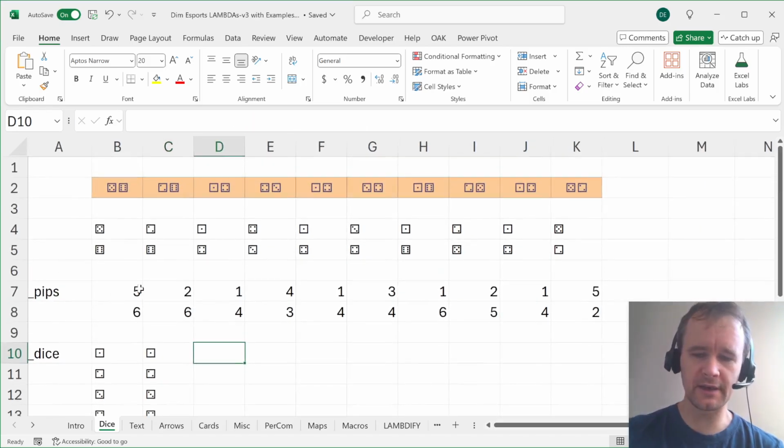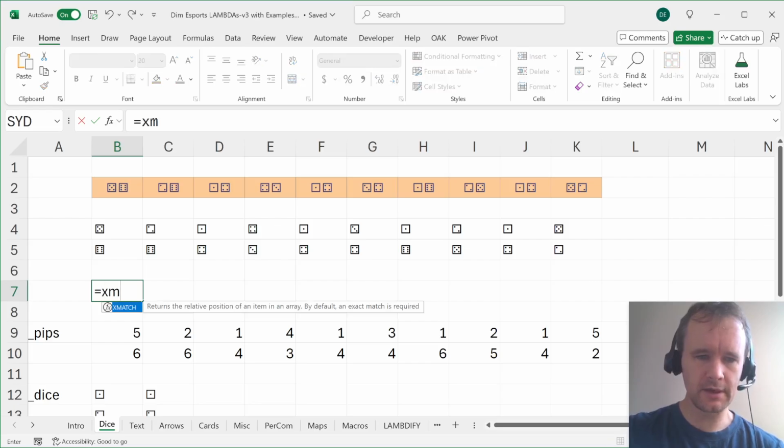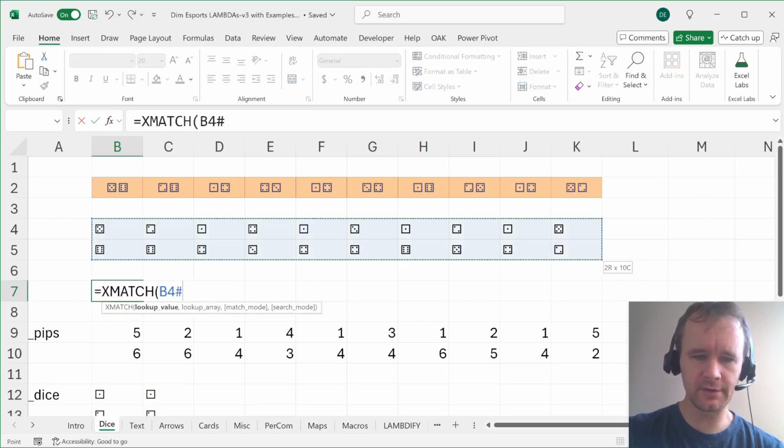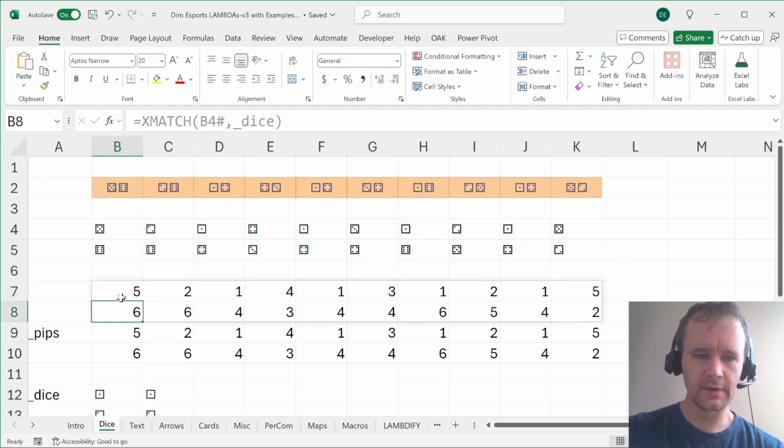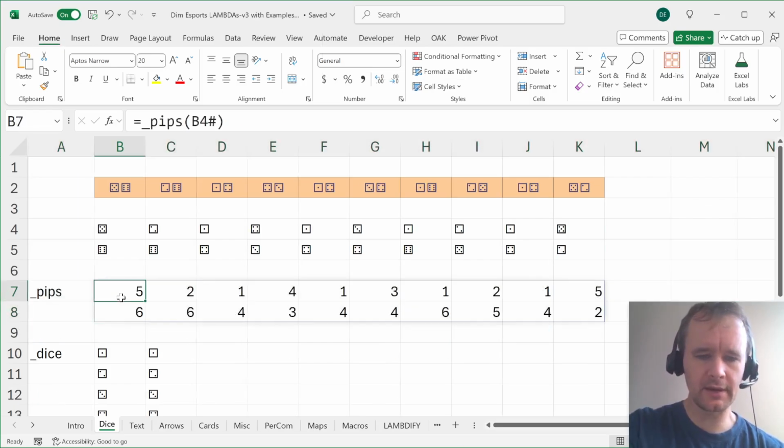So in other words, if I didn't have this pips function, I could say XMATCH against dice. That would work basically the same. This one I think actually,